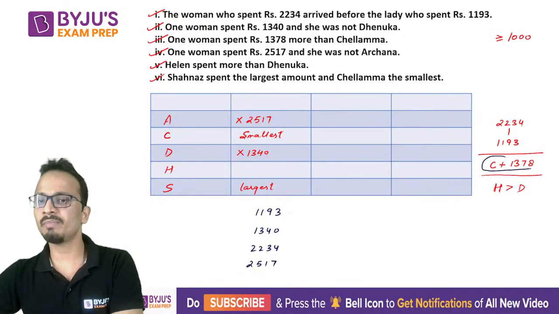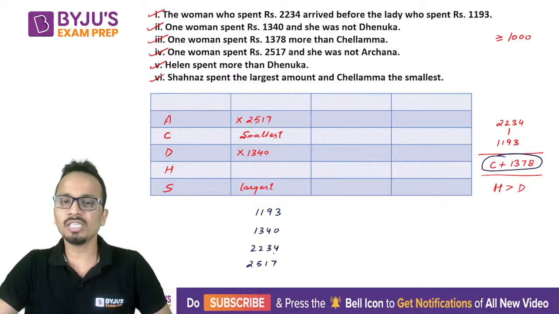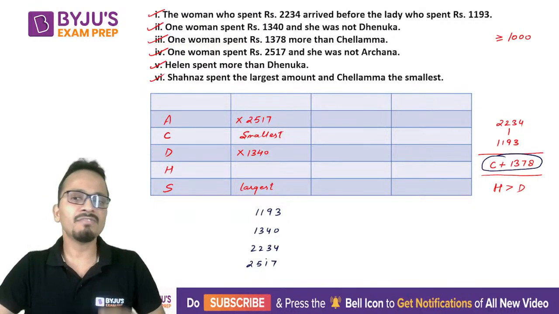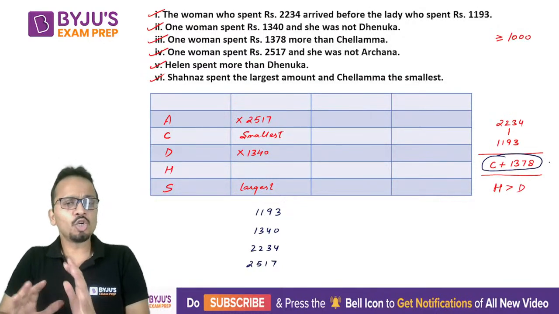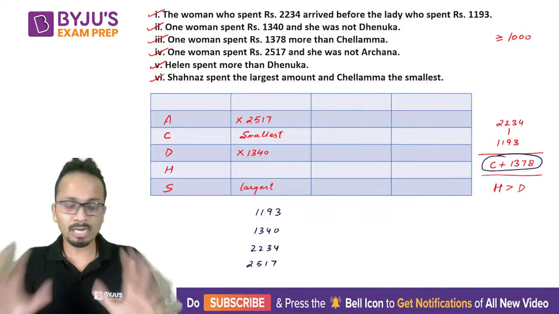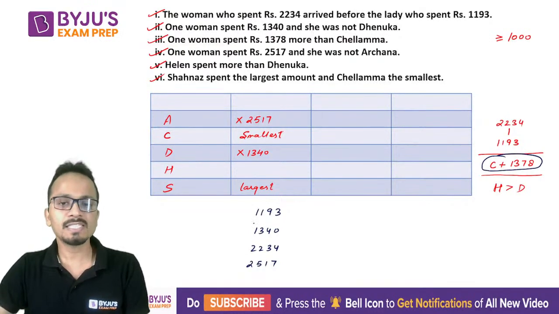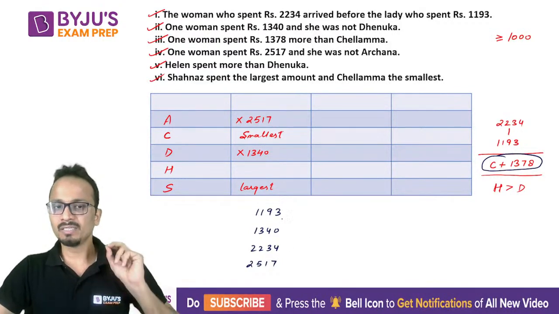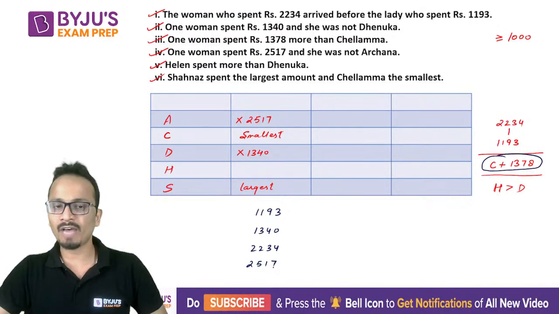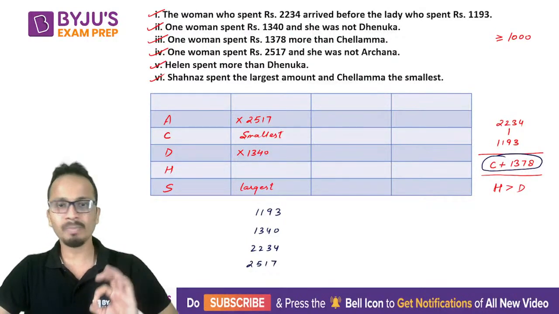So this is one of the amounts that we have. All right. Now out of these 4 amounts, I'll have to see which of the following can be the value of C plus 1378. Now there may be two possibilities that may arise from here. Now let's check both these possibilities. So it might be possible that the value of C is one among these four values that I have written. I'll repeat. One case can be the value of C can be one of these four values. Using one of these four values, I will obtain the next value. So it may be possible.